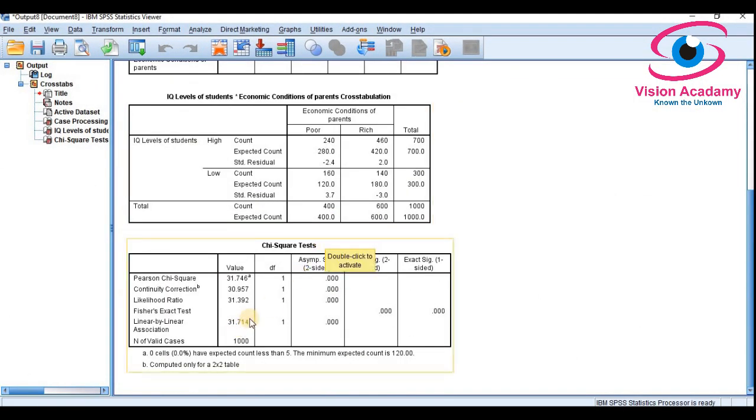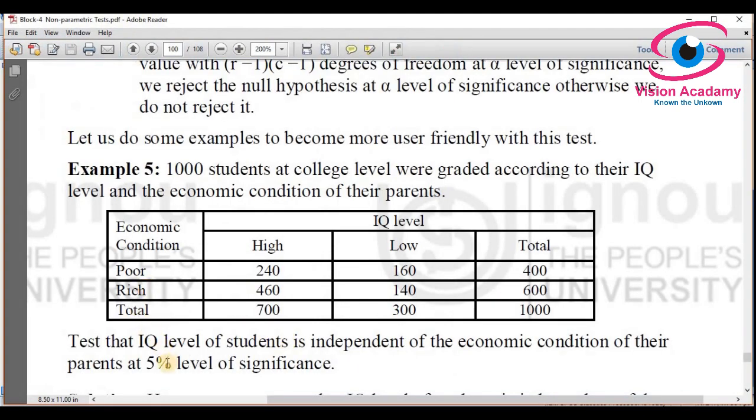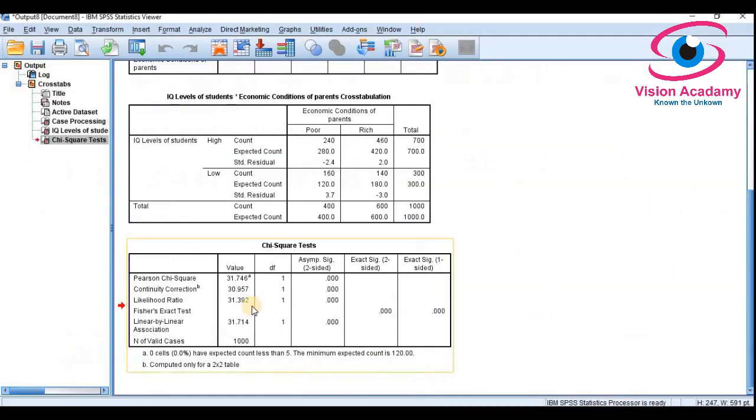Okay, very importantly concentrate here. Chi-square test, Pearson chi-square, the value of your test is 31.746, and p value is 0.000. Our expected value, sorry, significance level 5%, which means 0.05. The p value you got must be greater than that significance level value, then only you are going to accept the hypothesis.